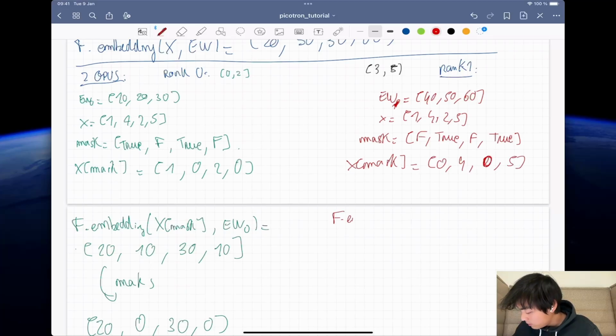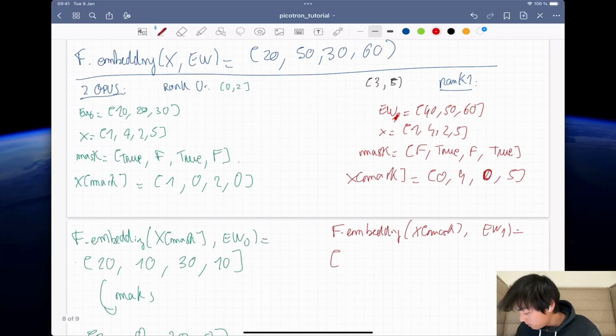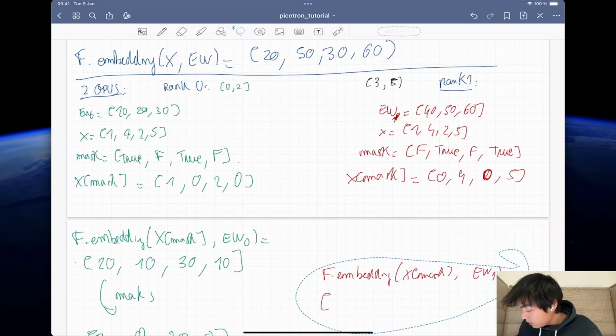Then you do the F embedding after X mask, EW1, and you get here 0, it's 20. So no, before that there's an issue. The issue is here. You have 0 for 5, but the 4, if you are going to do the index X mask in the embedding weight, you see that here it's ranging from 0, 1, 2 here. So if you do 4, you have an out of